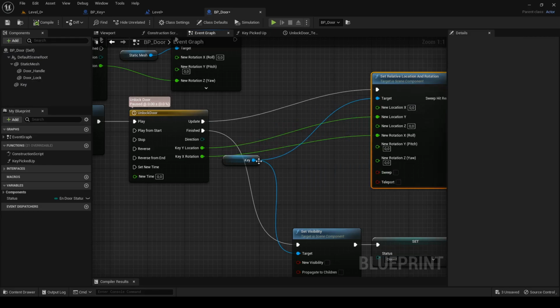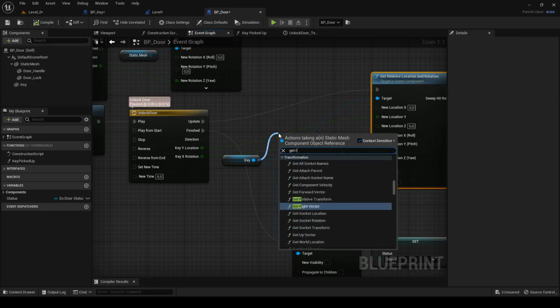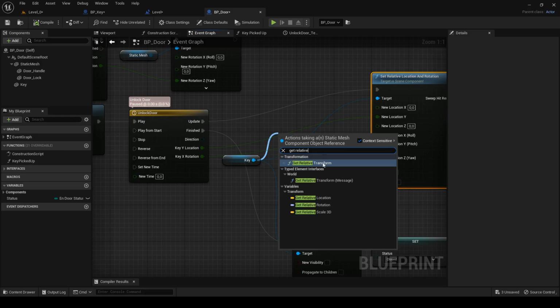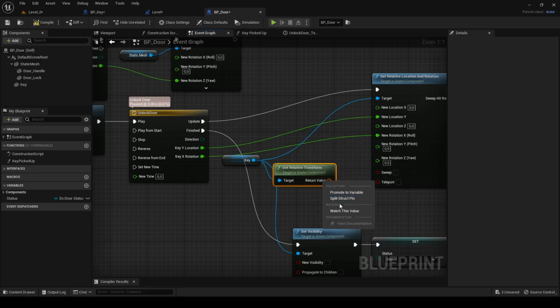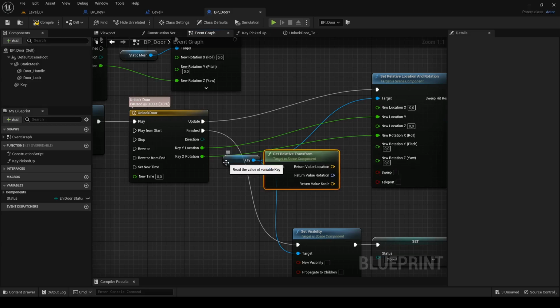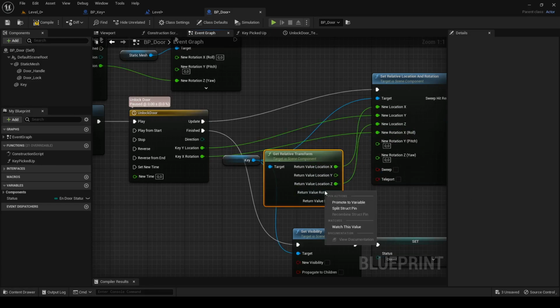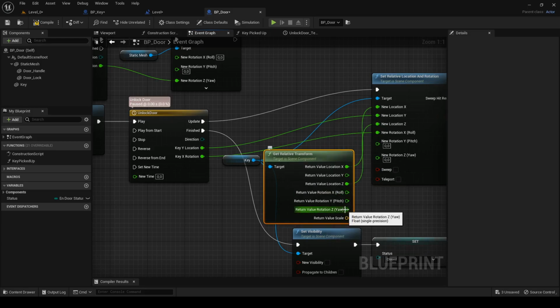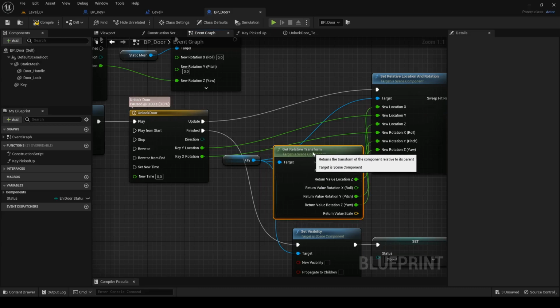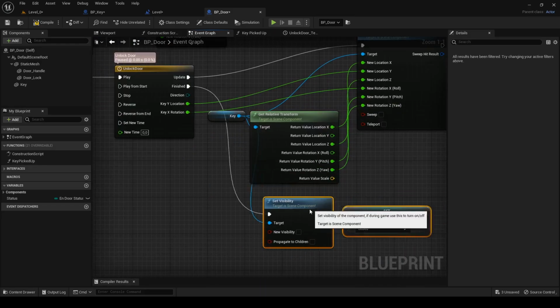Out of the key reference, search for get relative transform. Split the structure pins for location and rotation and connect all unconnected pins of set appropriately. This is too much mess for me, so I also clean it up a bit.